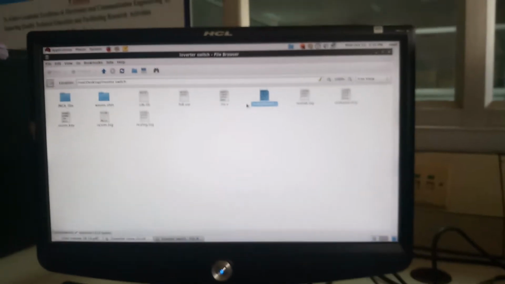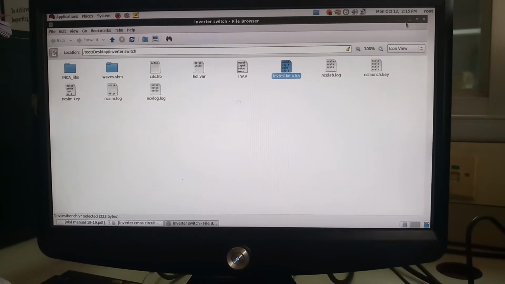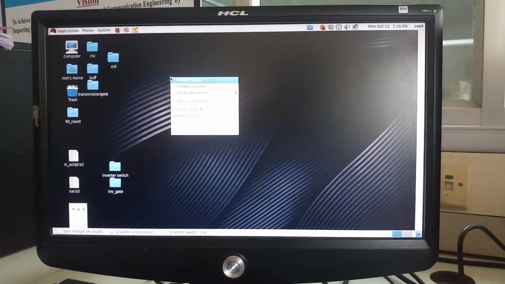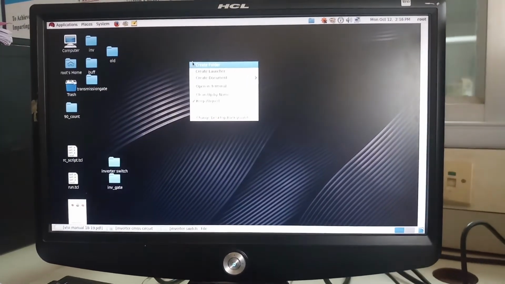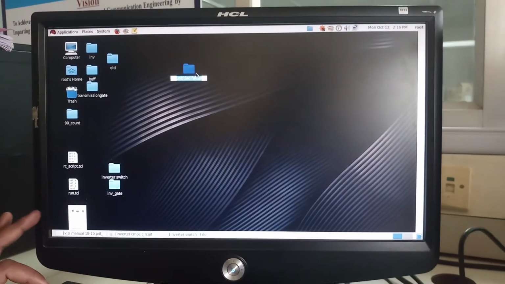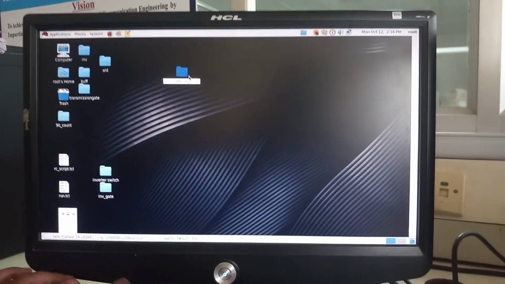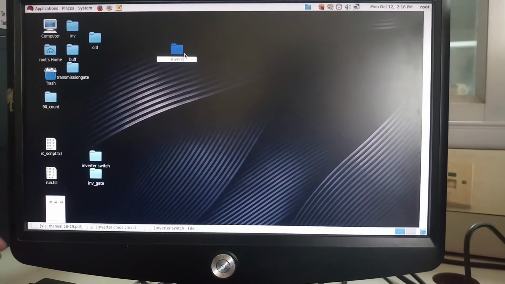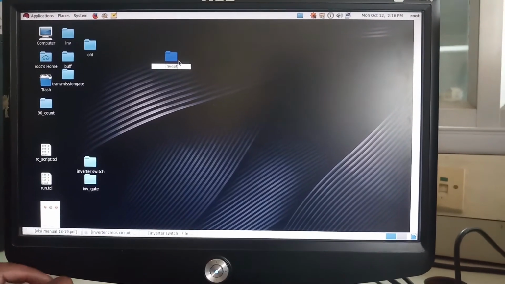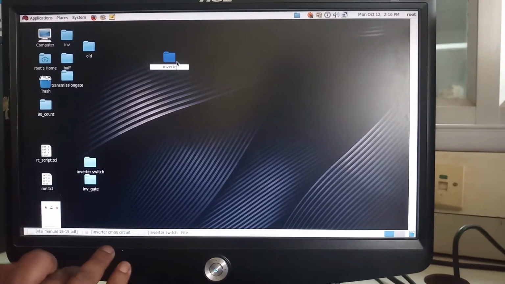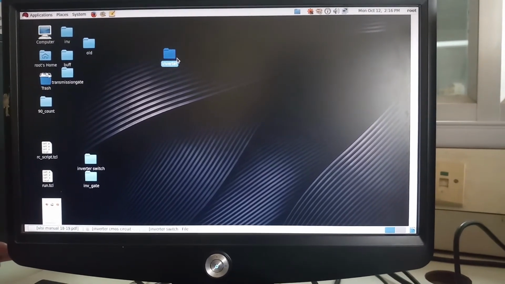Okay. Next I will show you how to do the simulation. On the desktop, right click, create a folder. I'll take one inverter program, name it inverter.